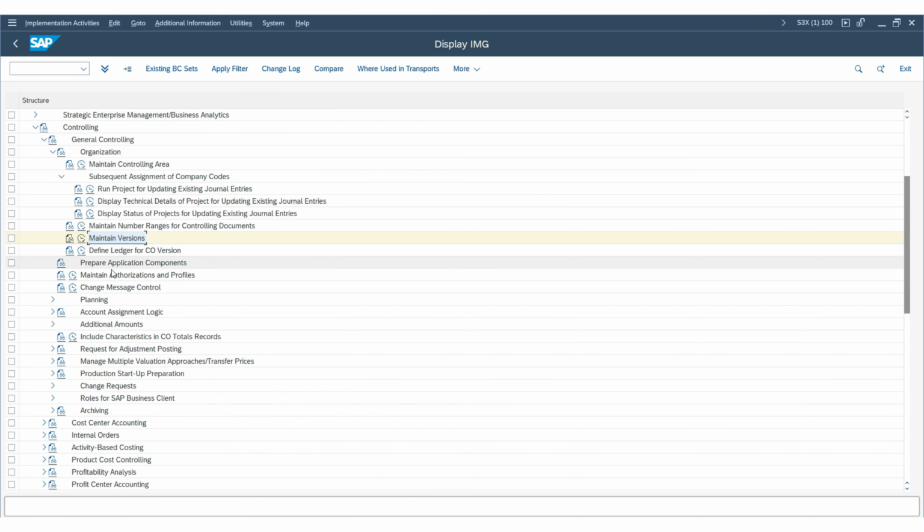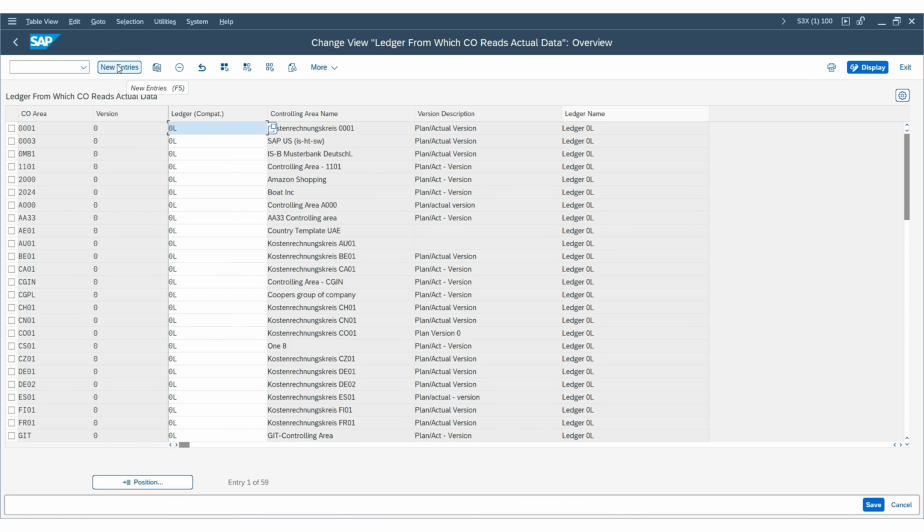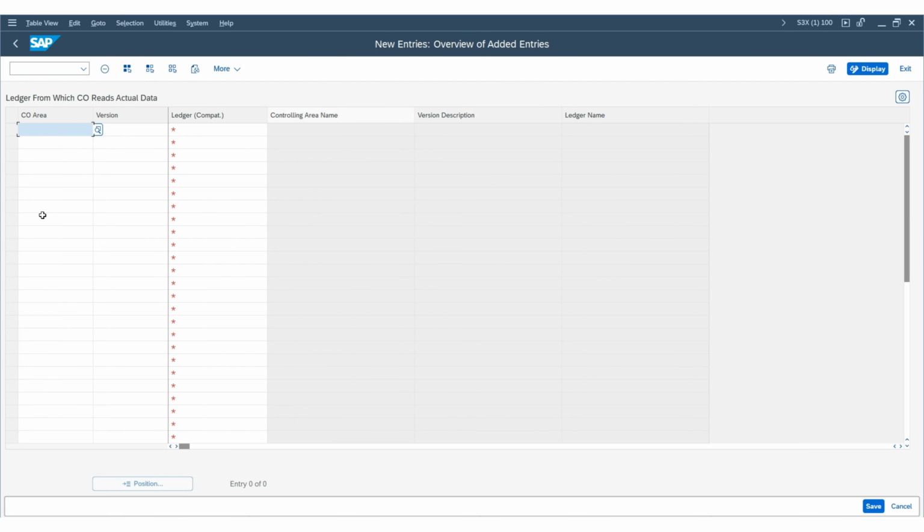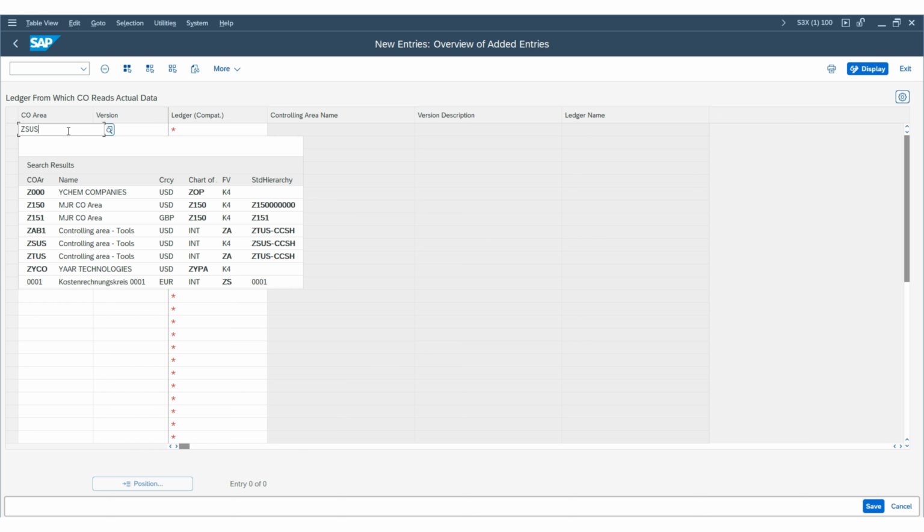The next activity you can check is define ledger for CO versions. What is a ledger? That's our topic in the upcoming lecture. At this point, you just make sure that the correct version is assigned to your controlling area and version 0. Press enter to continue. If you take a look, your controlling area does not exist. So you can click new entries and enter your controlling area, version 0,